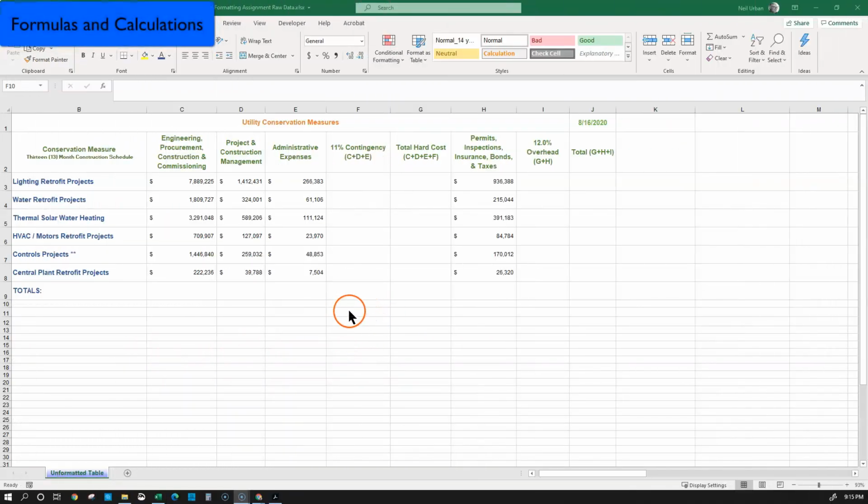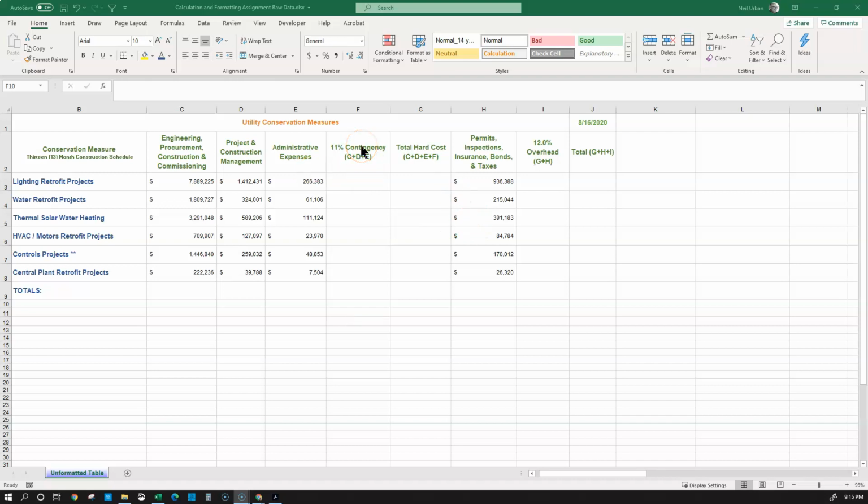Our next step is to complete our calculations for our contingency cost, our hard cost, our overhead, and then the total cost of the entire project for each one of these separate projects, and then we'll get a total cost for each one of the aspects of the project as well. So first thing to do is we'll go into this cell here, F3, and to write a formula, we write